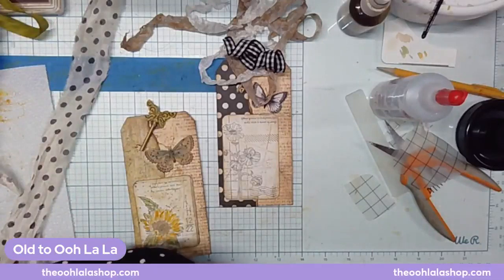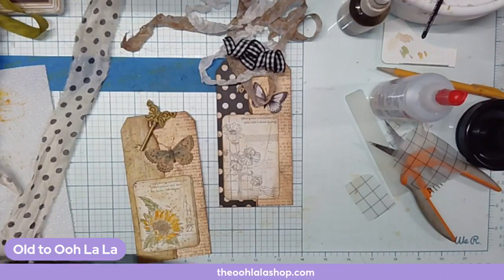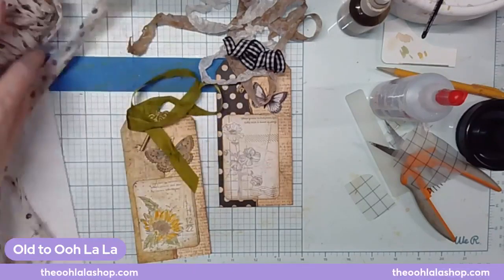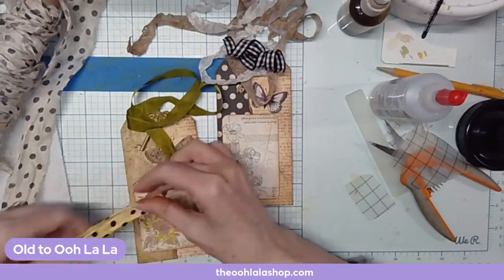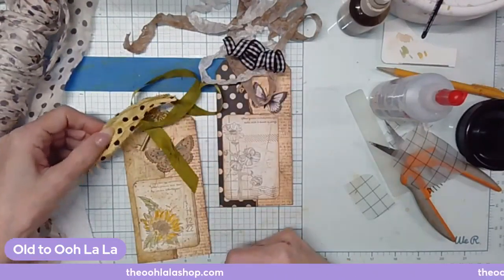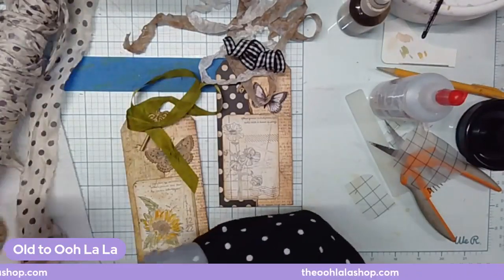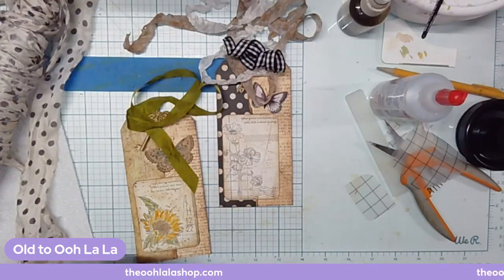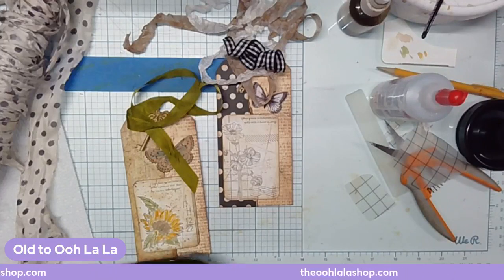I feel like I could do yellow and green. What about yellow and green? That'd be really pretty, wouldn't it? Yellow and green would be really pretty. Is that too much? No, it's not. Yay. Hooray. All right, so I'm just kind of opening this up